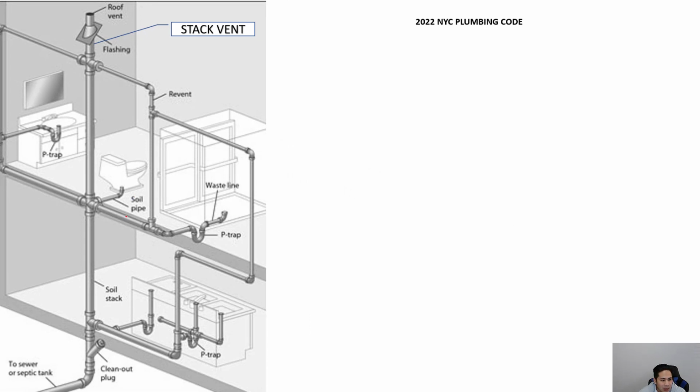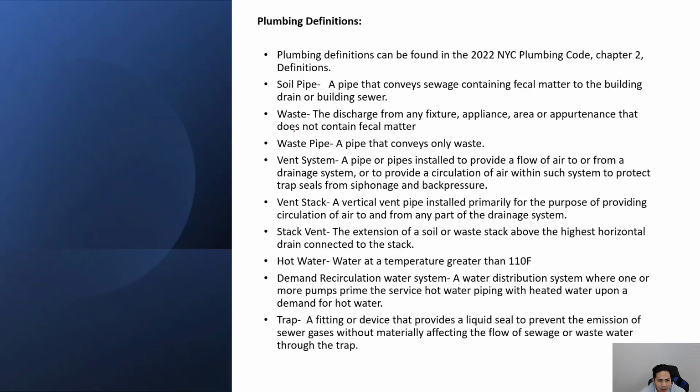Now, a soil pipe is the pipe that contains fecal matter, which is basically matter from a water closet, which is here. And if it contains waste piping from other fixtures, such as a shower or a sink, that pipe is called a waste pipe. Now, if it combines soil plus waste, they seem to mention that it's a soil stack rather than a waste stack. So if you look back at the definition,